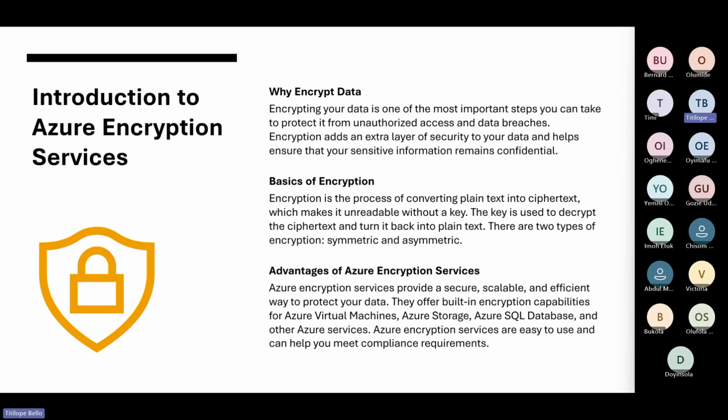So if we are to say what is encryption, or why encryption really, we are looking at Azure encryption services. It provides a secure, scalable and efficient way for IT